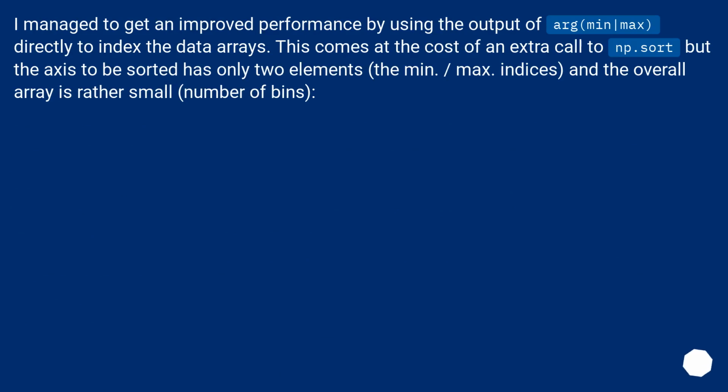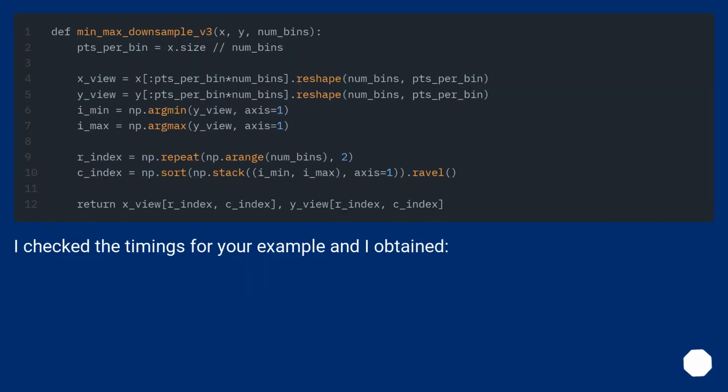I managed to get improved performance by using the output of argmin|max directly to index the data arrays. This comes at the cost of an extra call to np.sort, but the axis to be sorted has only 2 elements, the min and max indices, and the overall array is rather small, the number of bins. I checked the timings for your example and I obtained